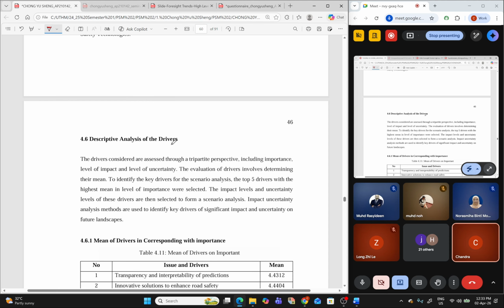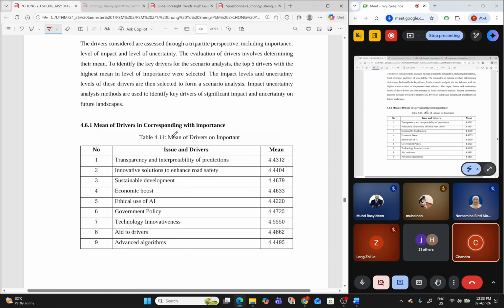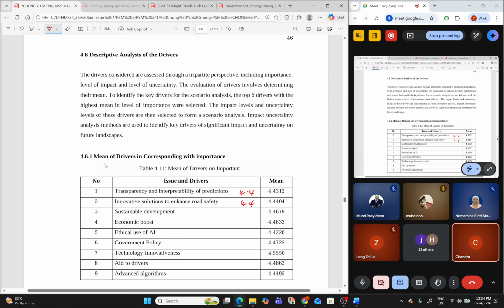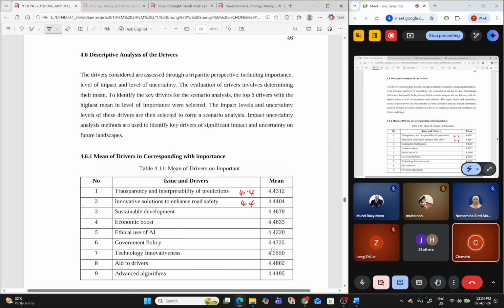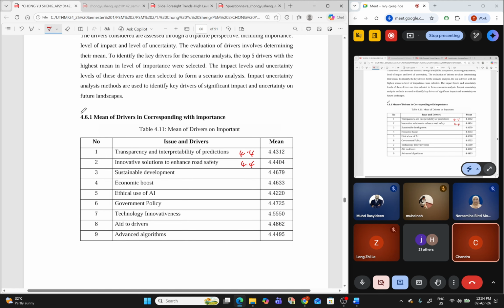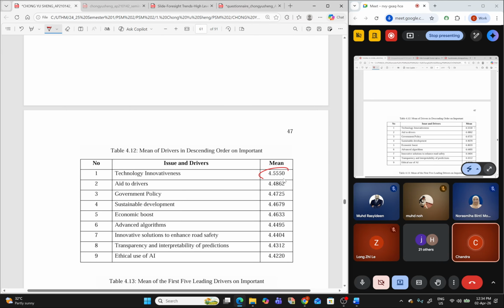Based on importance, you will calculate the mean only. If the mean is the same, you will look into the standard deviation. For the first part here, the mean of the drivers based on importance, we will calculate the mean and arrange them in descending order, from top to bottom, from highest to lowest. You have to arrange them.